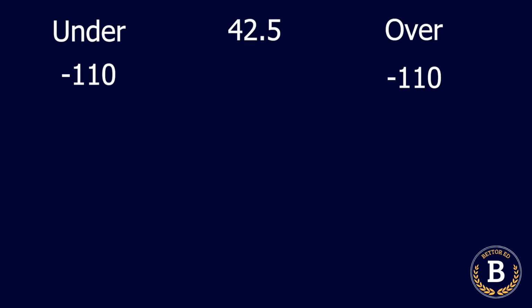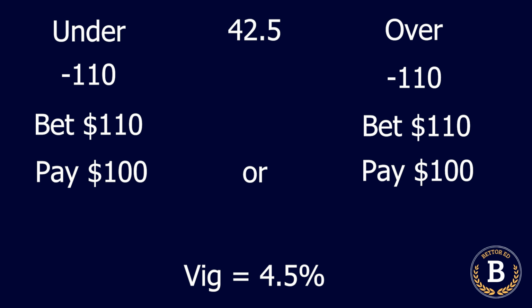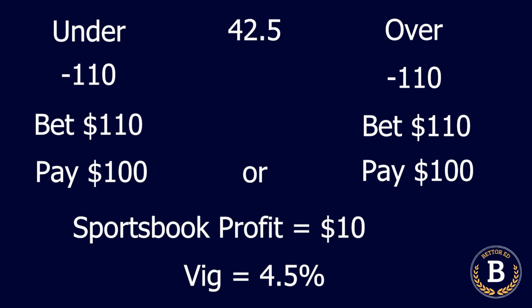For a usual bet with 2 sides, let's say a total of 42.5 with minus 110 on the over and minus 110 on the under, that bet has about 4.5% VIG. It's basically the amount that the sportsbook expects to make. Think about it. If one person bets $110 on one side and another person bets $110 on the other side, no matter who wins, the sportsbook only has to pay out $100. They keep the other $110 and profit $10. 10 divided by 220, the total amount on the game, is 4.5%.